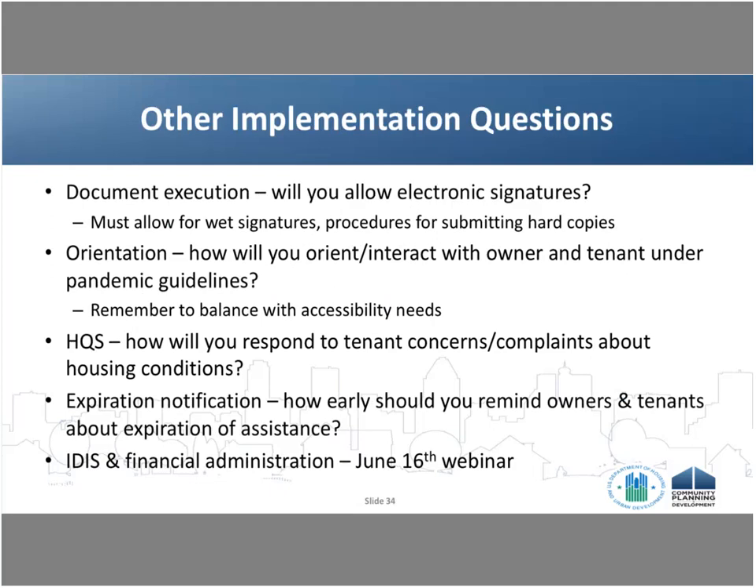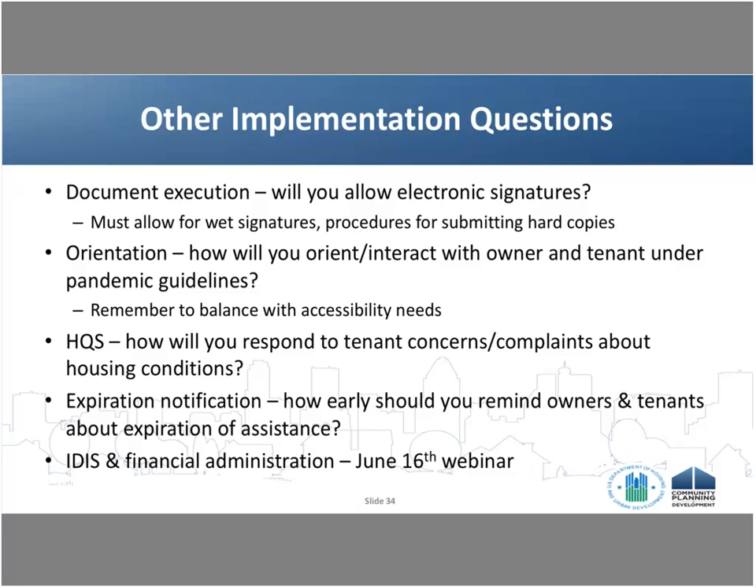A few other implementation questions. We've talked about the major steps in the processing pipeline, the applicant approval, the unit approval, the assistance calculation, lease approval, and contract execution. But there are a few more things you need to think about as you develop these procedures. First, we're doing more and more online documents, and recent guidance has encouraged the use of online documents and